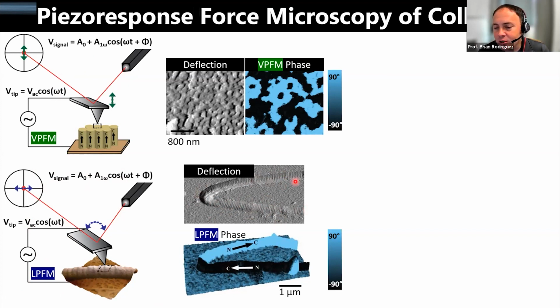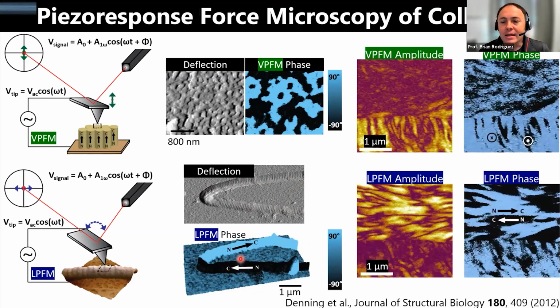It's the same fibril curved around. And if we look at this PFM phase image, we can see that the amine to carboxyl orientation flips within the image, giving rise to a different phase response from what we see. Okay, and one of the things that we applied this to long ago was cornea,